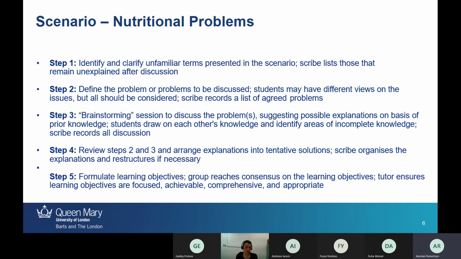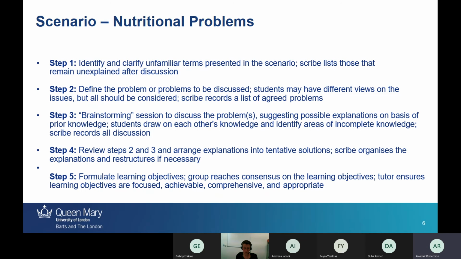So to begin with, students would identify and clarify any unfamiliar terms that might be presented. And then the scribe will make a note of any that are unexplained after the discussion so that these can be clarified in their own time. Step 2,